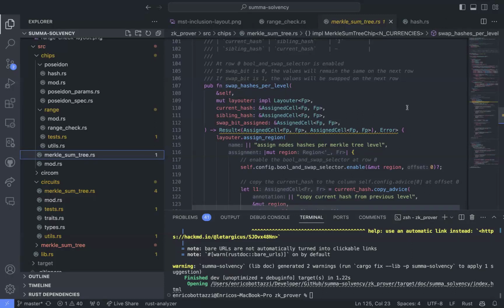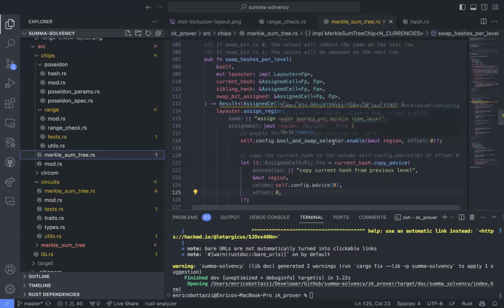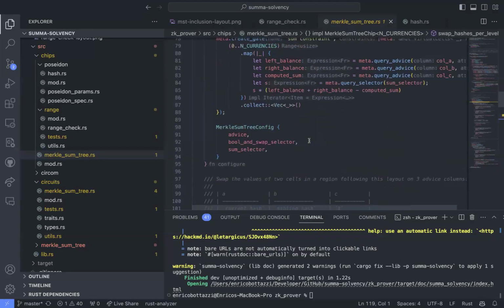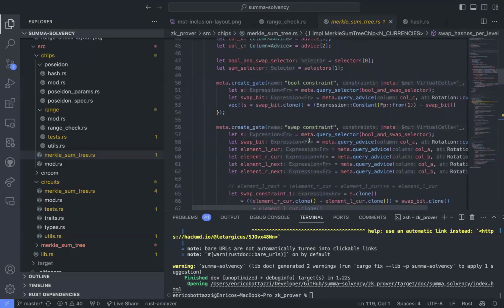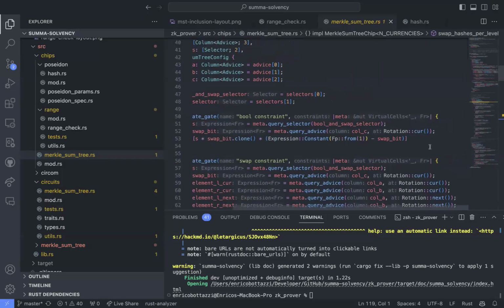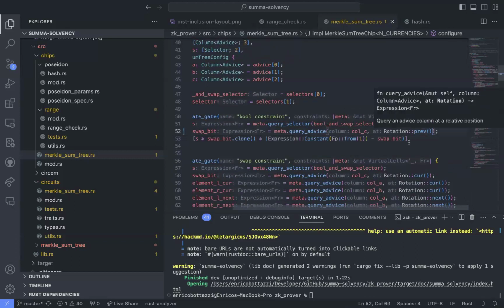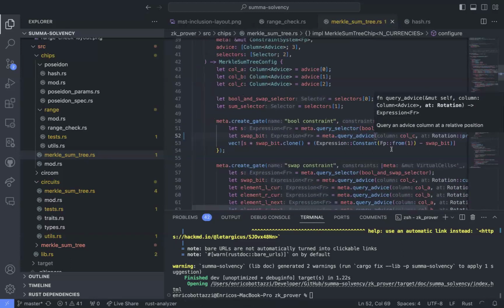But just to know is that you cannot write constraints between two different regions. So the constraints can only be activated inside the same region. So if, let's say, I enable this Boolean swap selector here, and let's say that in the bool constraint I'm querying something from the previous. So let's say this was like prev. If I'm querying stuff from the previous row,